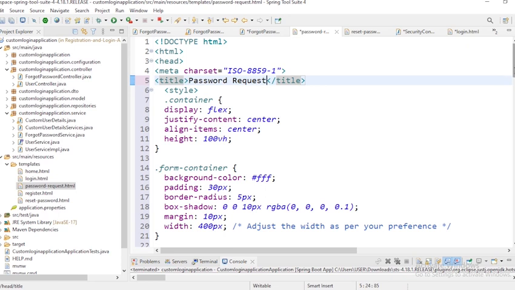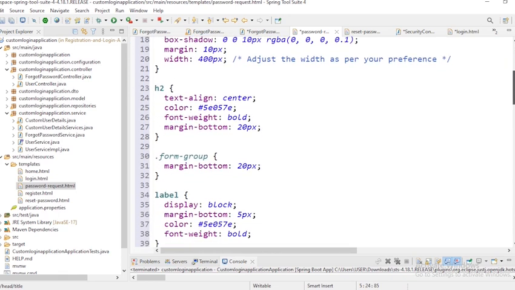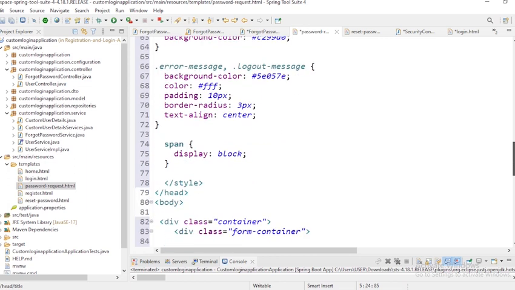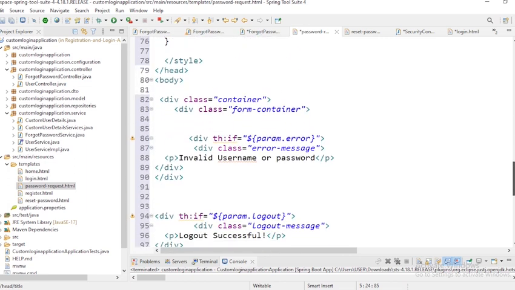So we don't have any issue with the style sheet, but we have an issue with the implementation of the body. So here the next thing we will do is to start handling some error. We have error earlier in the controller class. So now what we will do, if we have error,